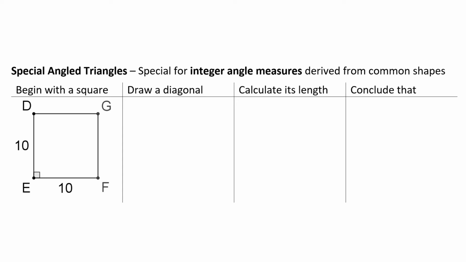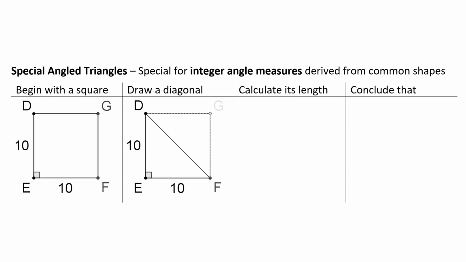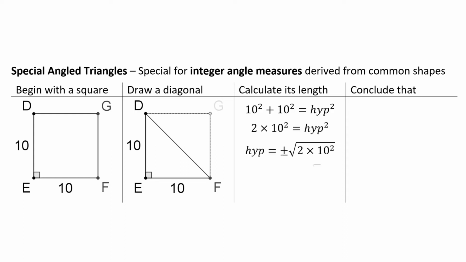If we have that square, I'd ask you now to draw yourself a diagonal from one of those vertices to an opposite vertex. That creates triangle DEF. If we just shade out that G, don't worry about the other half of the square. We're just going to focus on one triangle. What's the length of the diagonal? Well, we have the ability to do the Pythagorean theorem, a squared plus b squared equals c squared. And rather than saying 100 plus 100 equals 200, I'd like to keep that as 2 times 10